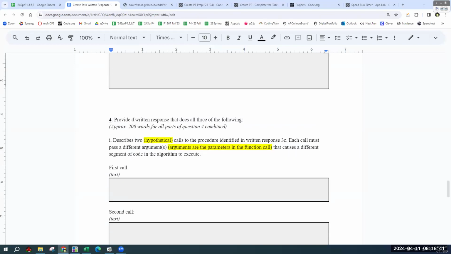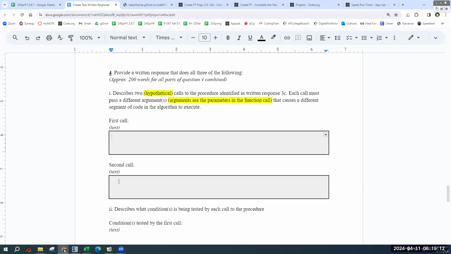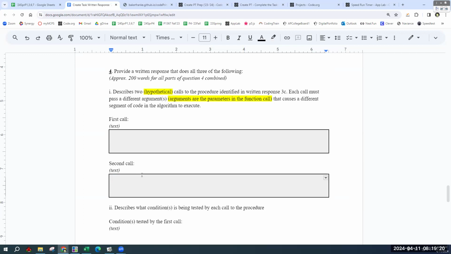And part 4, this is where you're describing, it's also about the function that you are using, but describing how it would work in two hypothetical uses. As in, the first hypothetical use, not even theoretical, if the app was actually being used and the user had some particular input, that's the first one. And the second one would be if they have another particular input. And based on the hypothetical first call and hypothetical second call,